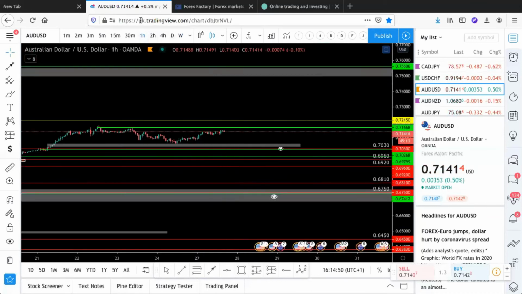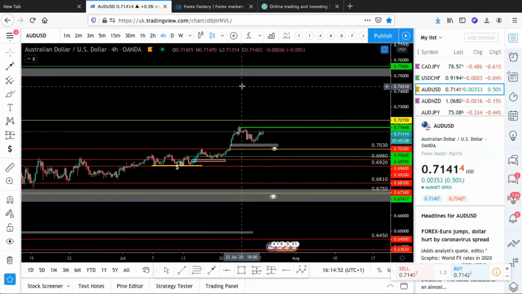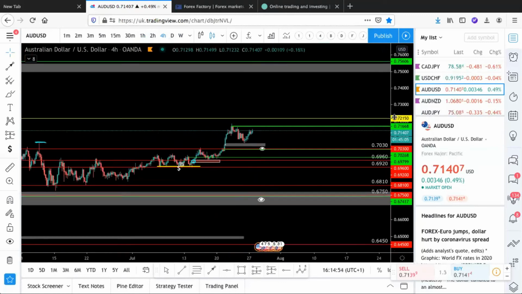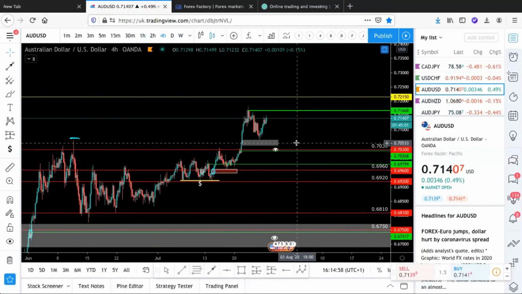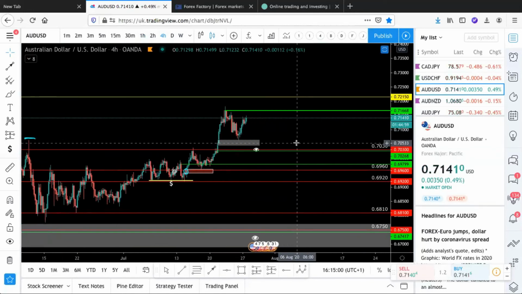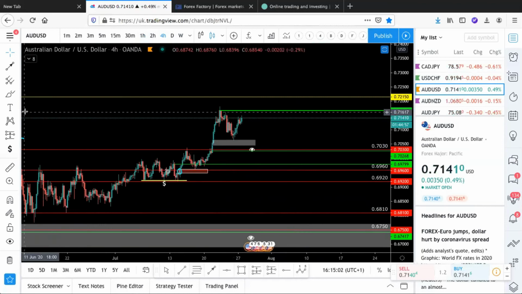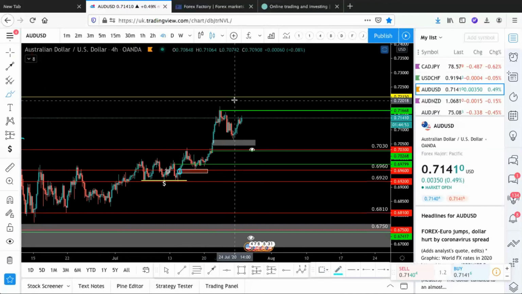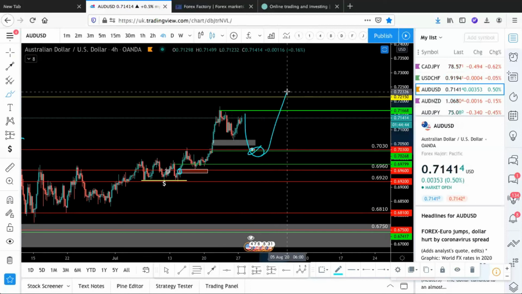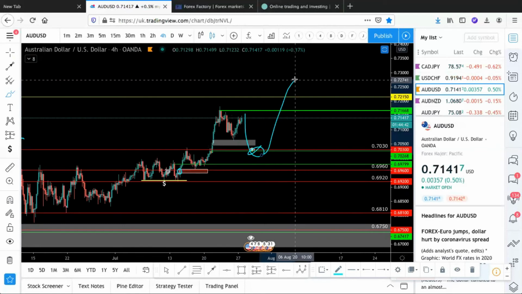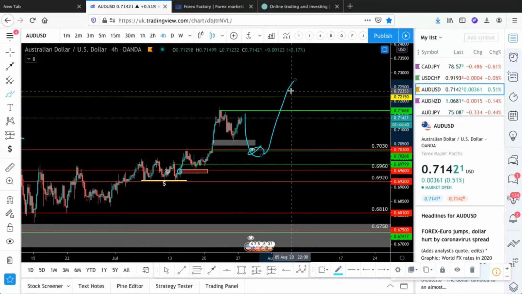So now, from a short-term perspective, what's next? Now I'm looking for only a buy opportunity on AUDUSD. Suppose the dollar index gives us a retracement, if the dollar index moves higher, then we could expect AUDUSD to move lower toward this level, and we can look for some buying opportunities from this area, from here. Okay, so now let's move on to